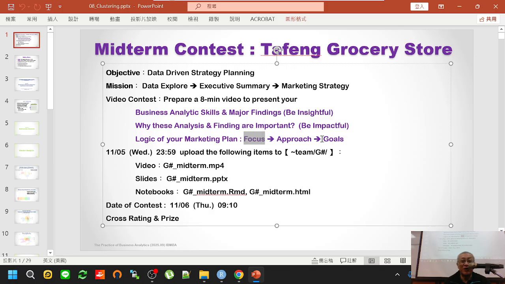And then you need to have a goal, right? A business plan, you need to say what, how, and so what, right? And the result. After I do this promotion and after I spend money on this marketing campaign, how many percent